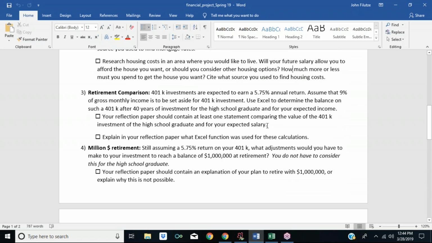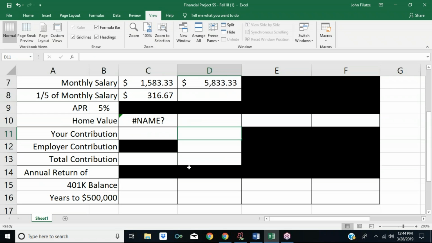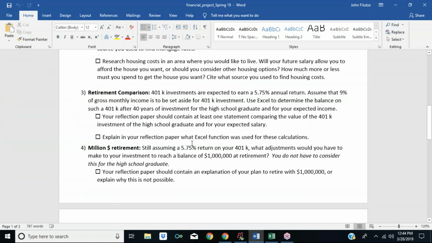And then you're going to do a retirement comparison. So you're going to do the FV function, and it says you're going to earn a 5.75% annual rate of return, and 9% of your gross monthly income is going to be set aside. So, when you're putting that in, you're going to find your contribution. So you do something like equals 0.09 times your monthly salary, right? And then it looks like